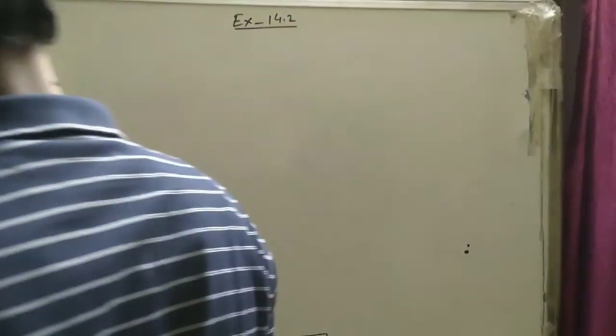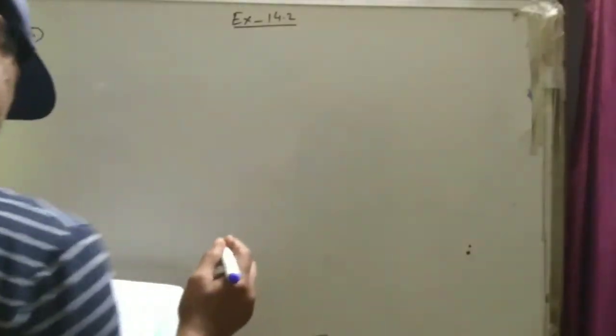The first question is ax square plus bx. So this is a simple question, just take the common. x is common, so we are having here ax plus b, and this is the answer. Okay, let us have the good questions now.